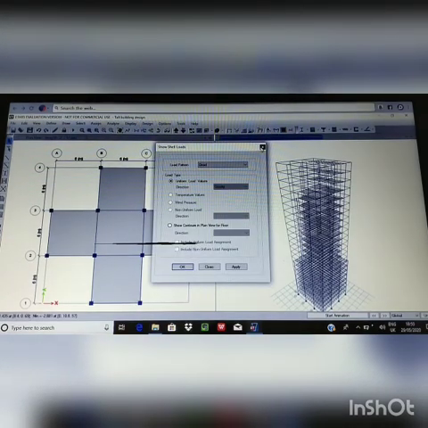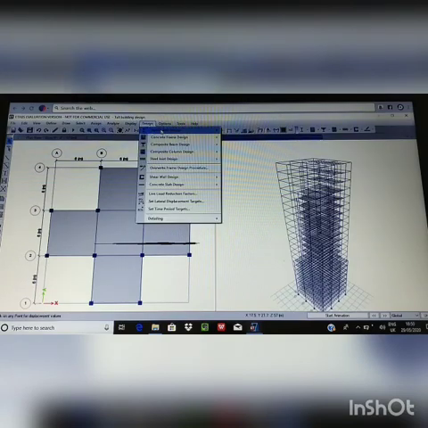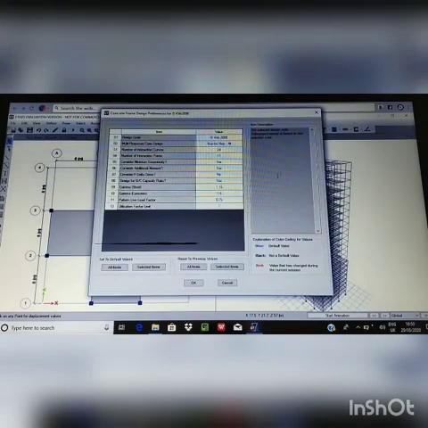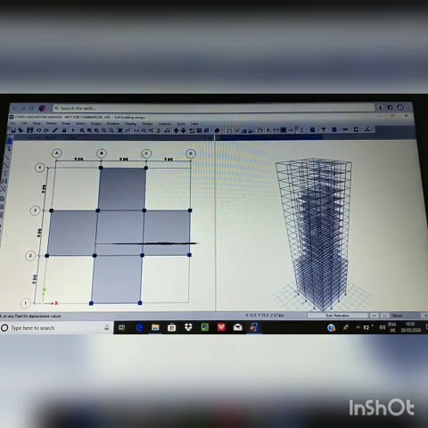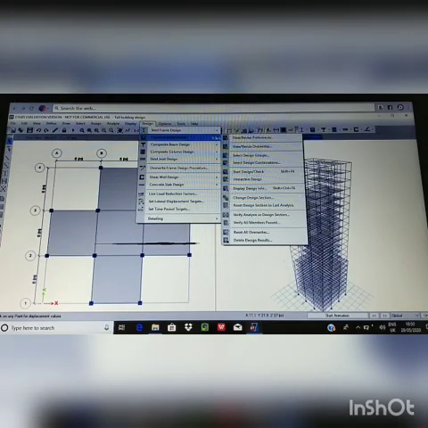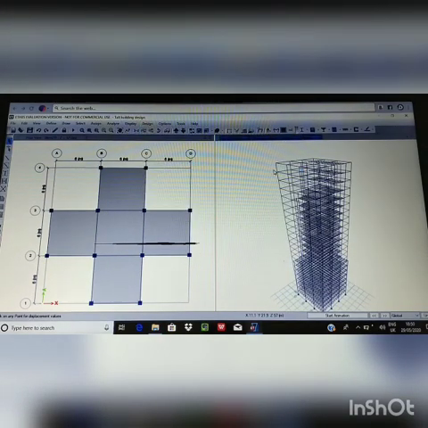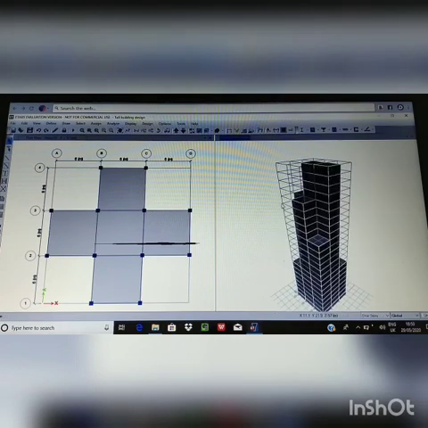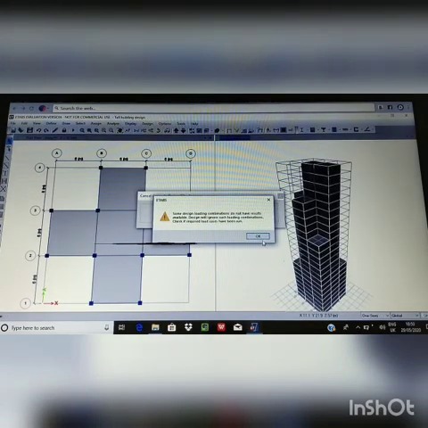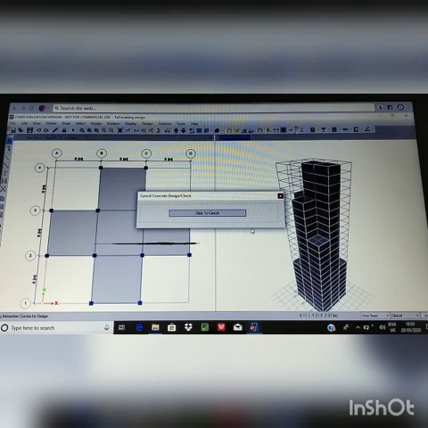Now run the structural design on the building model. Click on Design, then click on Concrete Frame Design, then click on View. Check that there is the IS code. Now again click on Design, Concrete Frame Design and start the design check.